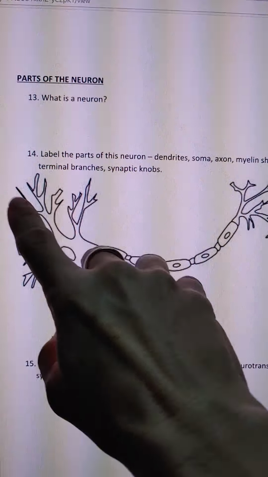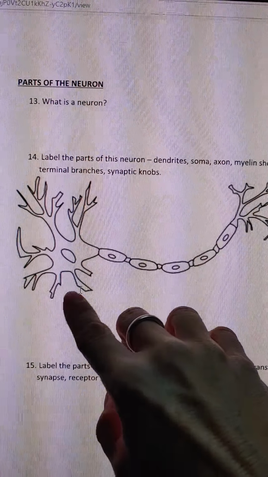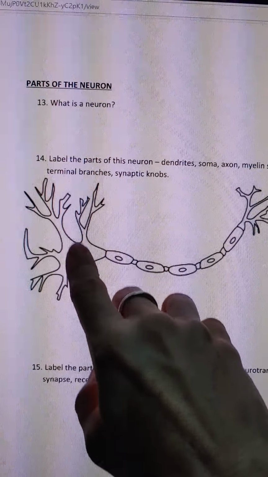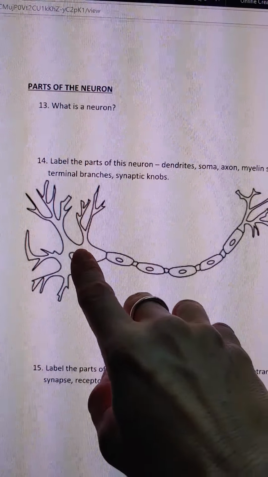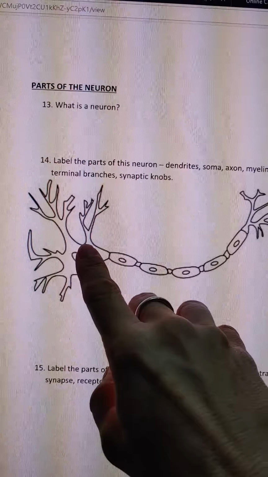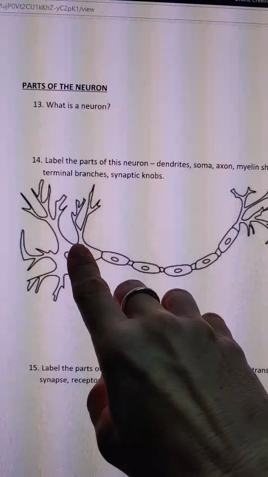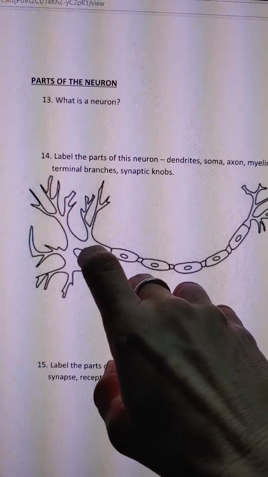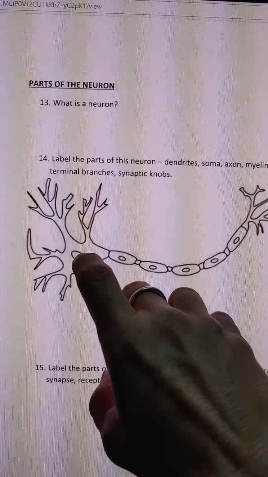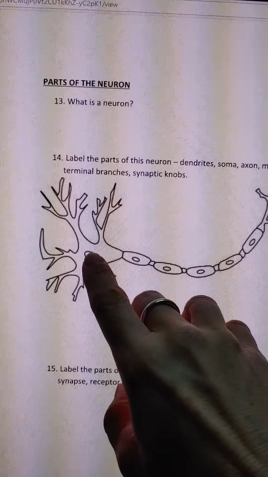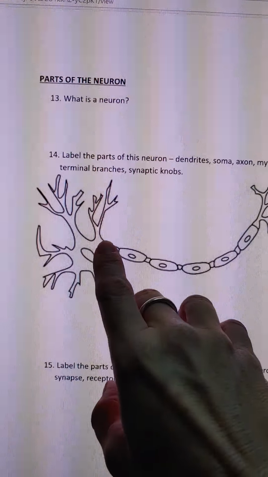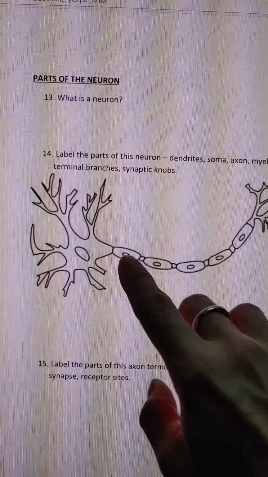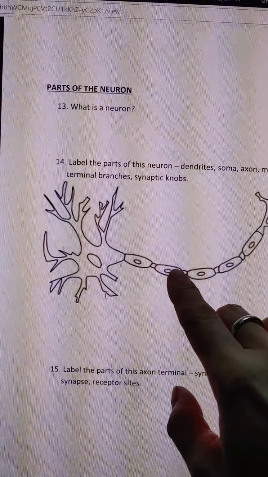Well, if the message comes in from these other cells and it's strong enough, it'll shut that pump down. And when that pump shuts down, in rush all these positive ions trying to get in, okay? And then the pump starts back up again because it doesn't like to be shut down. It's just temporarily stunned. The pump starts back up and then it kicks out those positives because it doesn't like to have positives inside the cell. Kicks them back out. Well, that happens at that pump, but then there's a pump over here and a pump over here. And inside this myelin sheath, there's a pump here, here, here, all